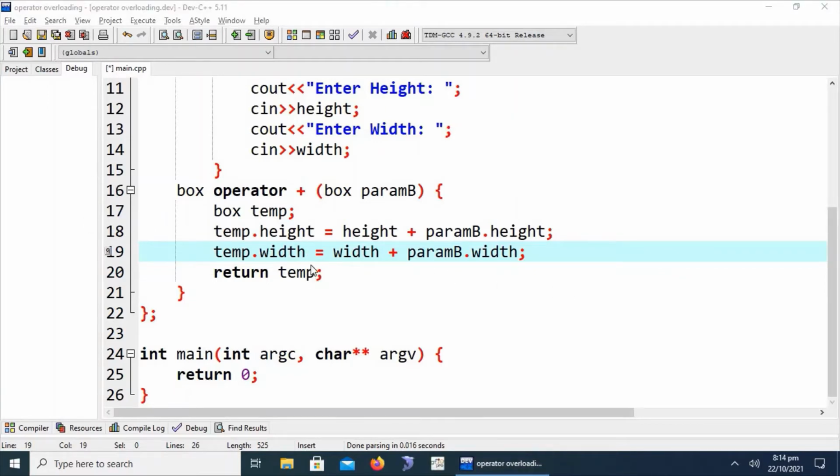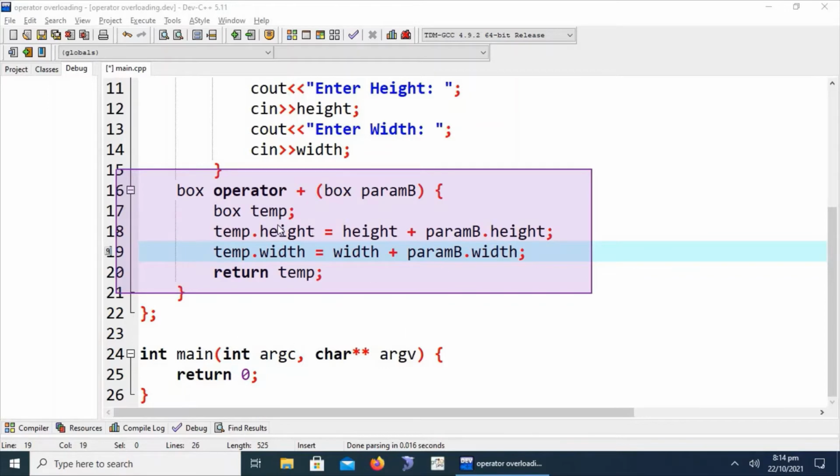Now at this point I have to clear the concept of operator overloading. Let me explain the entire code. Here is the complete method for the operator overloading implementation. This one is the return type, which will be the same as the class for which we are going to overload the operator. This is the keyword that tells the compiler that this function is not named as a function by default identifier name. This is the operator overloading function, and this symbol is the one that is going to be overloaded, and finally we have to provide the parameter of the same class.